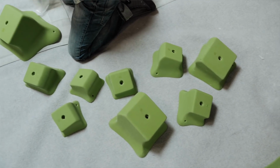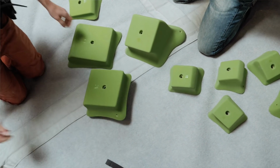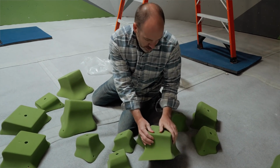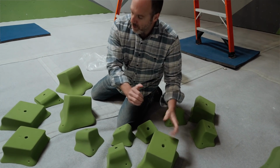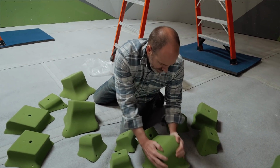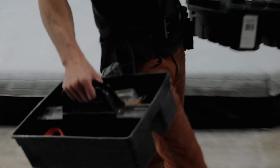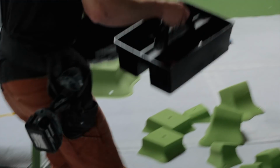puts climbers in the situation to figure things out for themselves, which is a huge part of climbing and a huge aspect of route setting. But a lot of the time, we're left to differentiate what's best for certain scenarios. Is it best for us to say, here, figure this out? Or is it best for us to say, here's what we want you to do, force feed versus make them figure it out? That's what I was going to ask. That's one of the questions I thought to ask you. If I was going to ask you questions, one was going to be like,